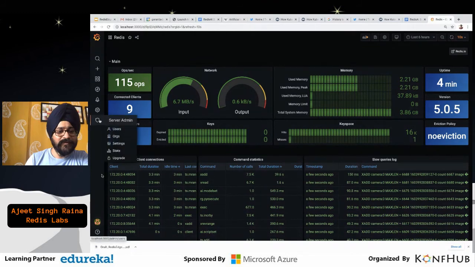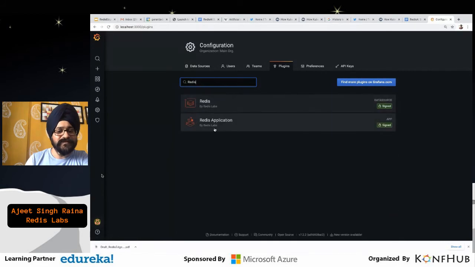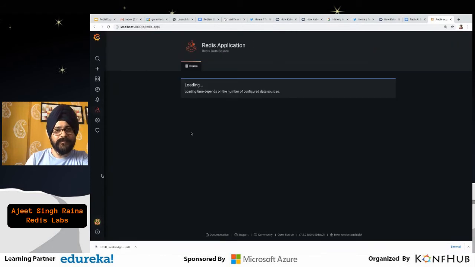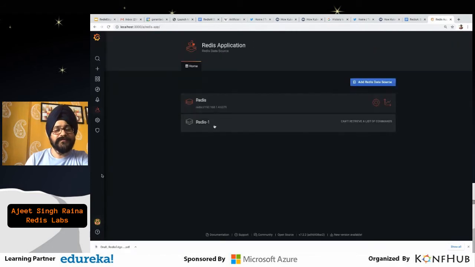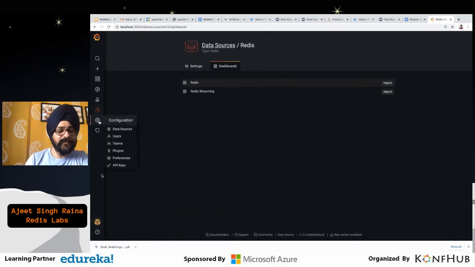If I want to run a CLI and get time series data for a particular timestamp, let me first install it. So we have a Redis application here, which is a plugin for Grafana, where I can build custom panels altogether, right? In the future, you might see more and more modules appearing here. We could even have plans of using Redis AI or Redis Gears.